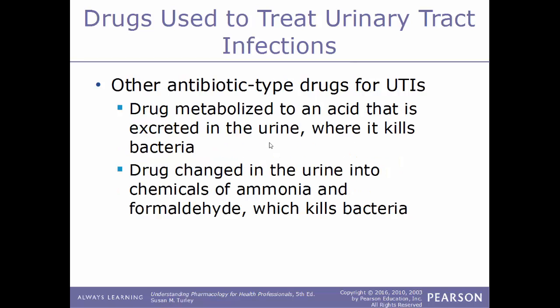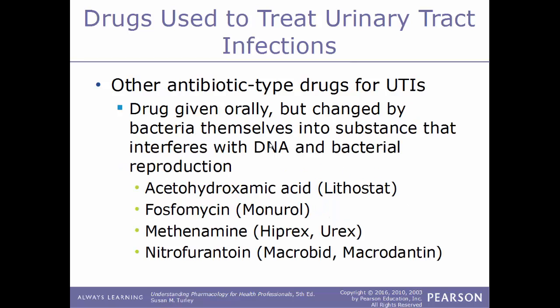Some other antibiotic type drugs are used for UTIs. One drug is metabolized to an acid that is excreted into the urine, where it kills the bacteria. Another drug is changed in the urine into chemicals of ammonia and formaldehyde, which end up killing the bacteria. Another drug is given orally but changed by the bacteria themselves into a substance that interferes with the DNA and bacterial reproduction. Some examples of this type of drug would include acetohydroxamic acid, sold under the name Lithostat,